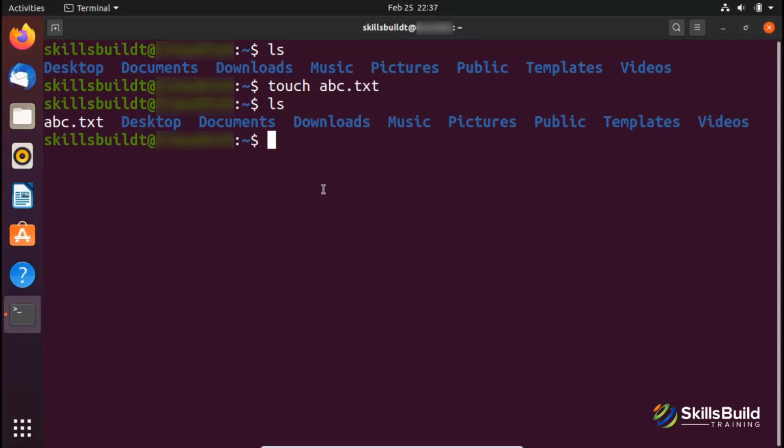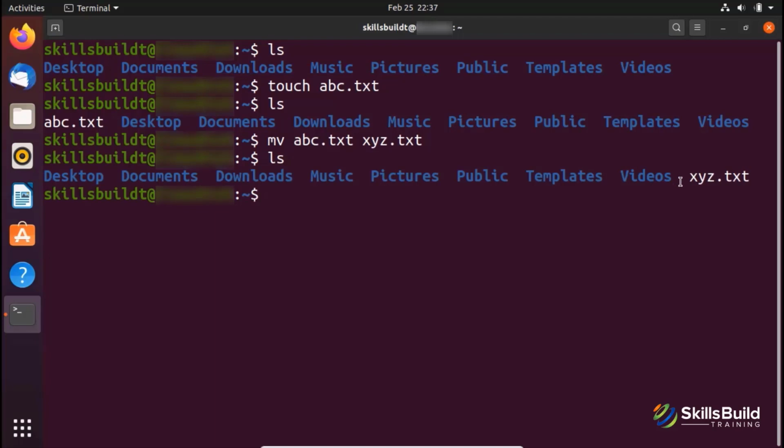Let's say I want to rename this file. In order to rename something in bash, what you're going to do is write here mv command, which essentially means move as well. I'm going to write here the file name, which is abc.txt, and then I'm going to name it xyz.txt. If I hit enter, you can see that it has not given us any errors, which means that the command was executed successfully. If I ls here again, you can see that now we do not have abc.txt, but we have